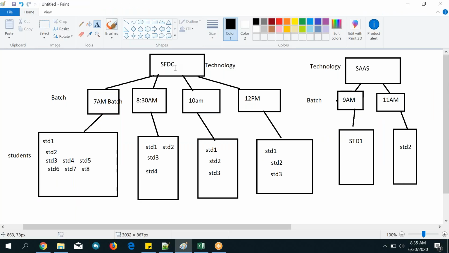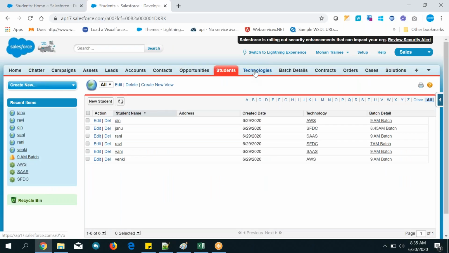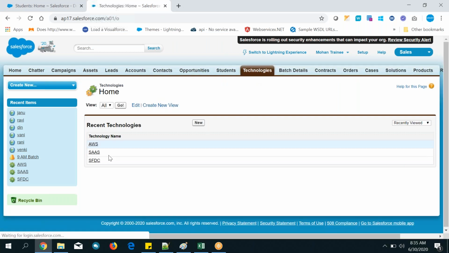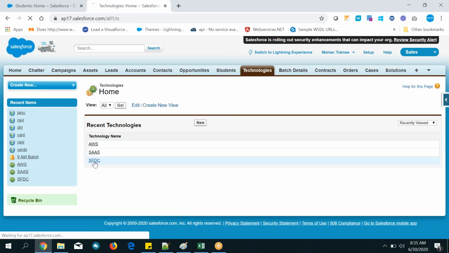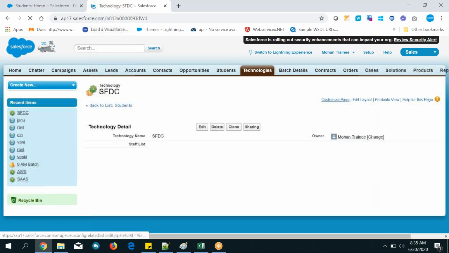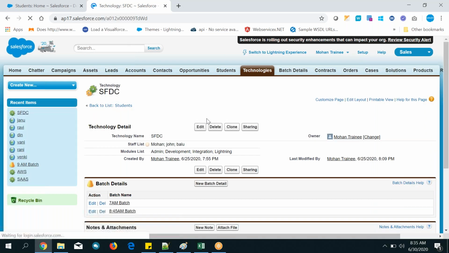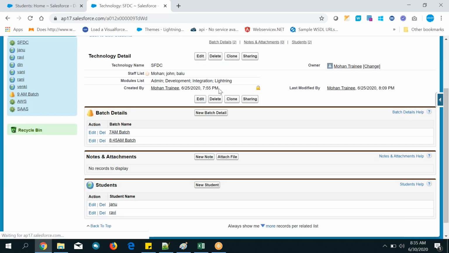Now let's see here. Now reception, the first requirement I told, right? A student asked for a course to join. So the receptionist or sales rep first goes to the technology, and the student is asking to join SFDC technology. In this SFDC technology, 2 batches are there, and which batch you are going to join.